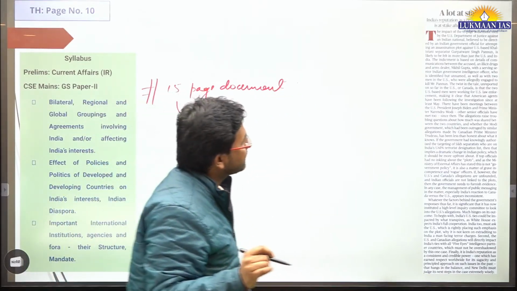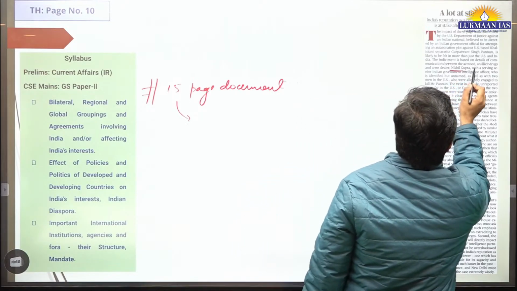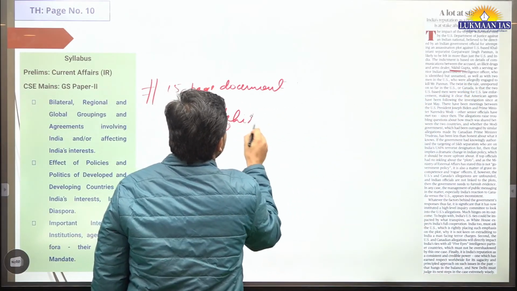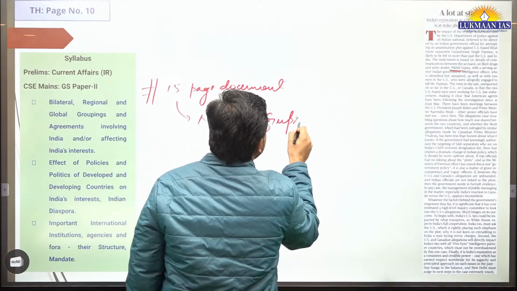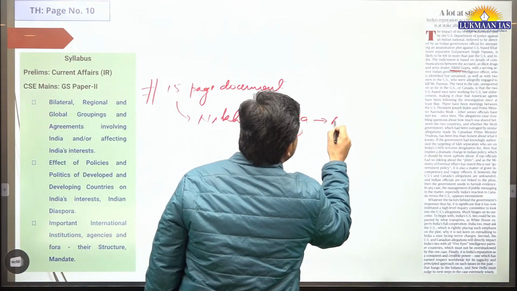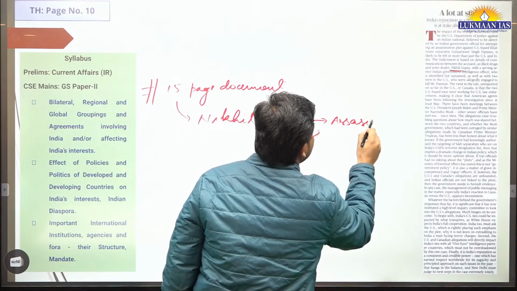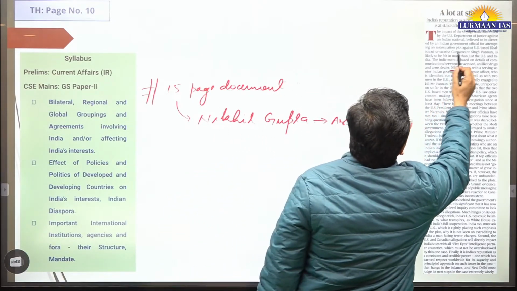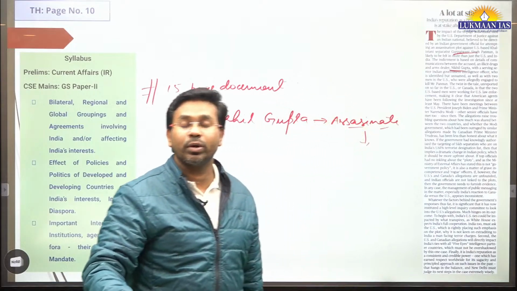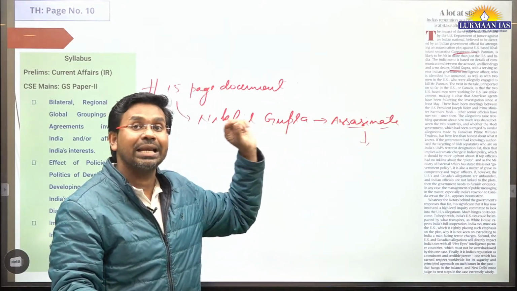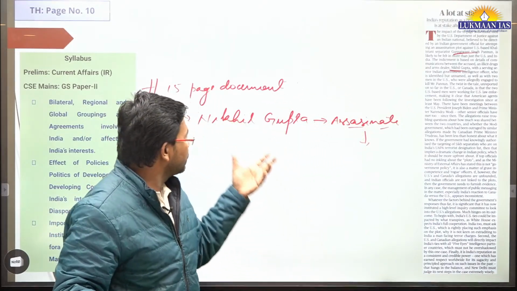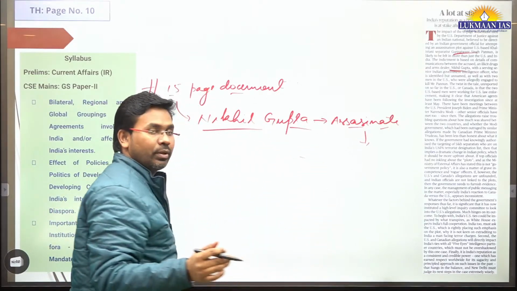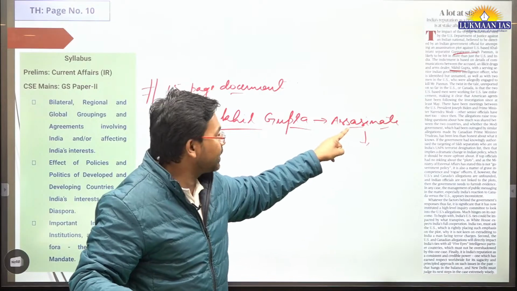There is a person, let's say, Nikhil Gupta. Nikhil Gupta is a person who went to the USA to assassinate a person. What is the name of this person? Gurpatwant Singh Pannu. Pannu is a Khalistani supporter. It was alleged through this 15-page document that Nikhil Gupta wanted to assassinate, to kill this person, and